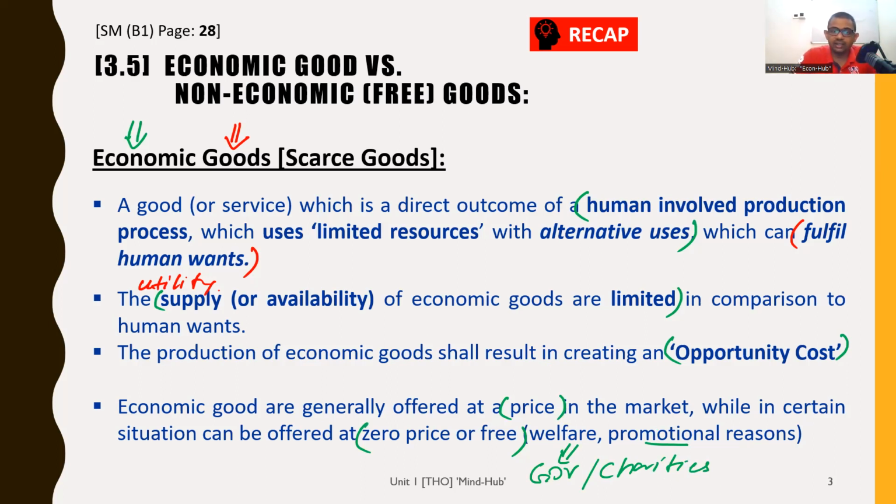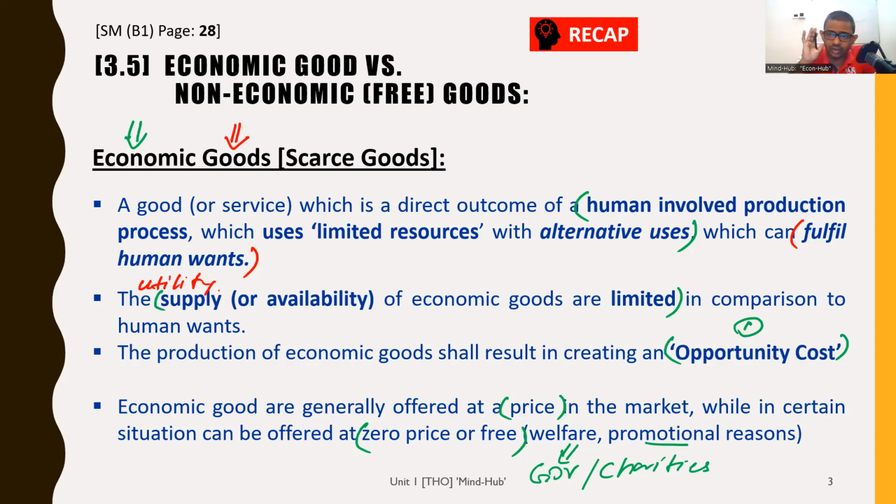But there are two key learnings that I want you to have very, very clearly. I'm investing a lot of time here because it's so important. Two key learnings about economic goods. When you hear economic goods, the very first thing I want you to have in your mind is that these are goods that have an opportunity cost, right? These are goods that have an opportunity cost. Not only that,